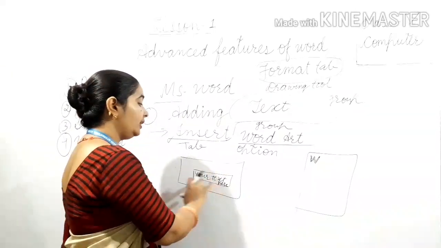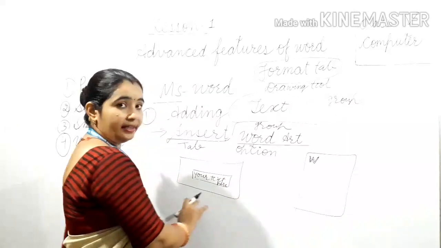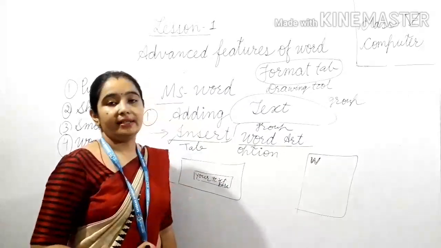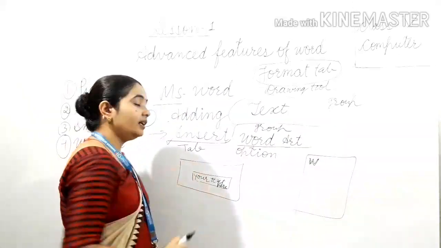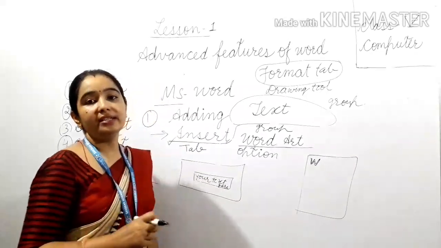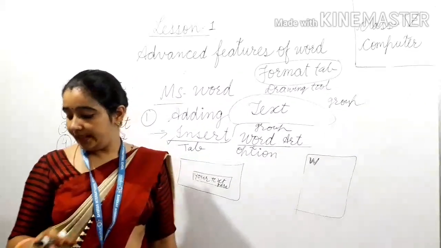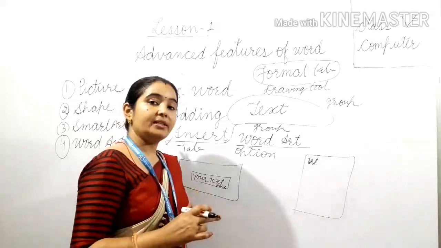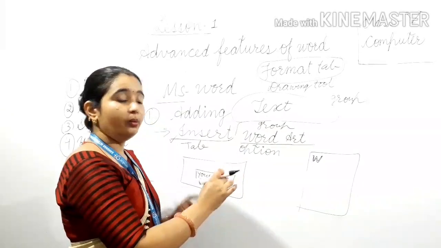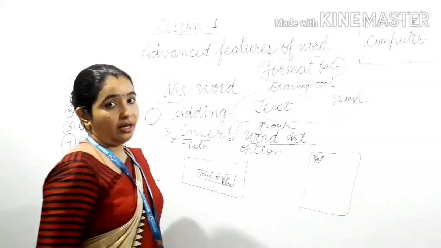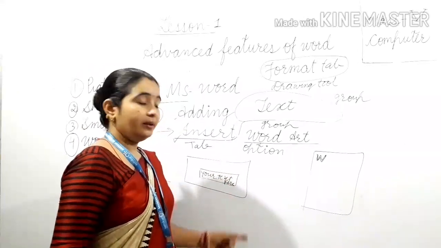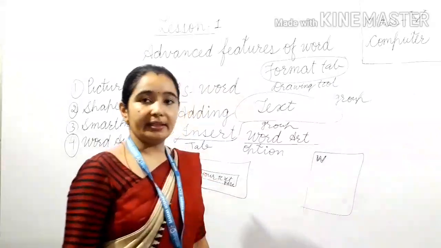Again, जब आपका ये लिख के हो जाएगा, to deselect it, इसको डिसलेक्ट करने के लिए आप इस बॉक्स के बाहर कहीं भी क्लिक करोगे, this will get deselected. And if you want to change the color of it, again click on this and from the formatting option you can change the color of this. Is it clear? Drawing tool आता है, वहां से आप इसका कलर चेंज कर सकोगे and you can resize also. आप इसको resize कर सकते हो. You can move it from one place to another by clicking on this. इस एरिया पे जब क्लिक करोगे then you will get all this facility. Is it clear?